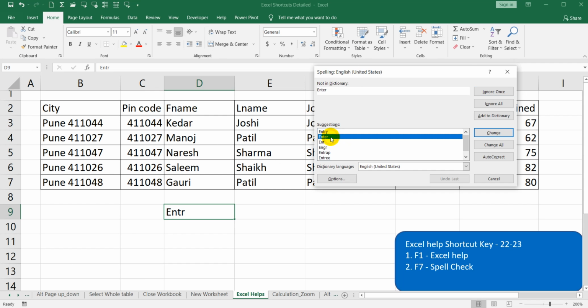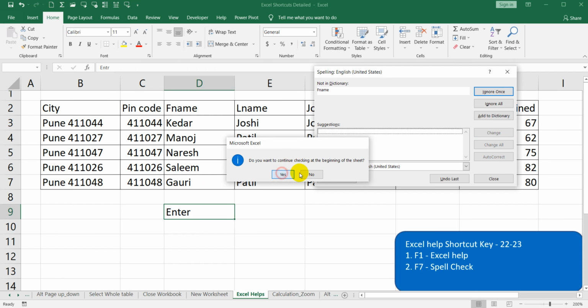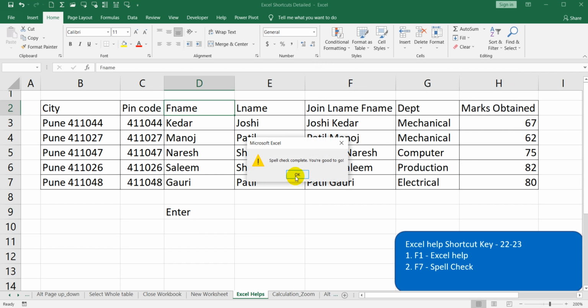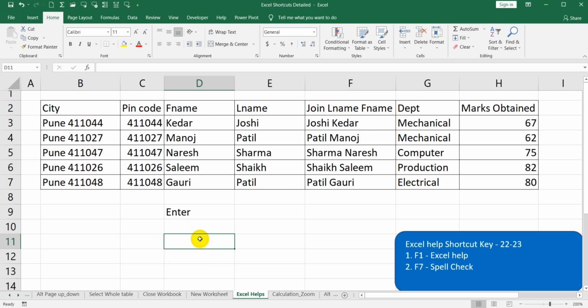Whatever word you require, you can select that proper word. You can see the entry, enter. So I need this enter, so I will just double click on it, and click on yes, and the spell check is complete. You are good to go. In this way you can use spell check with the F7.